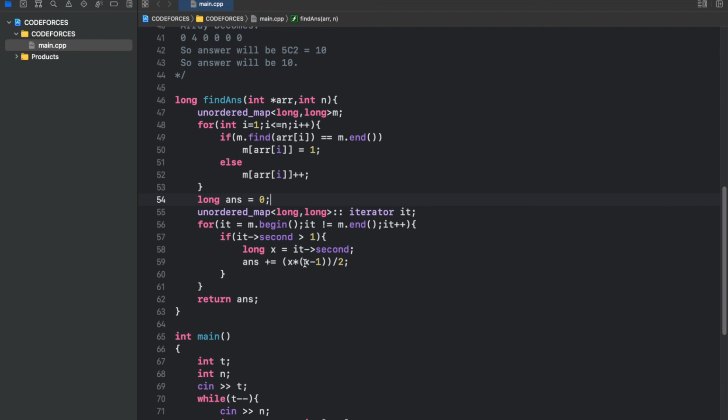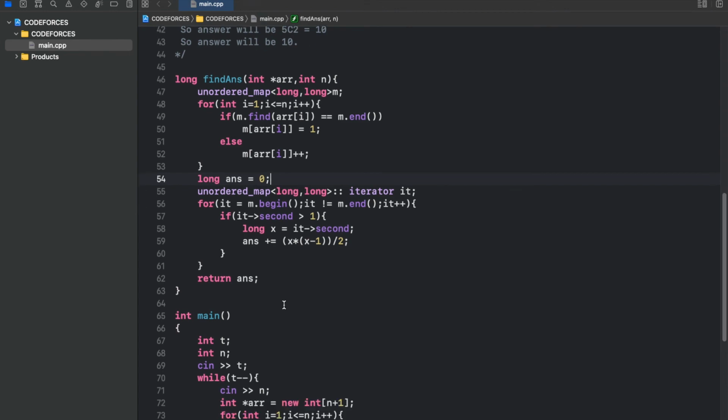What is nC2? nC2 is n into n minus 1 divided by 2, and that is what we are doing with x into x minus 1 divided by 2. We do this by iterating over all the different numbers and their frequencies, and at last we find our answer. And that is it.